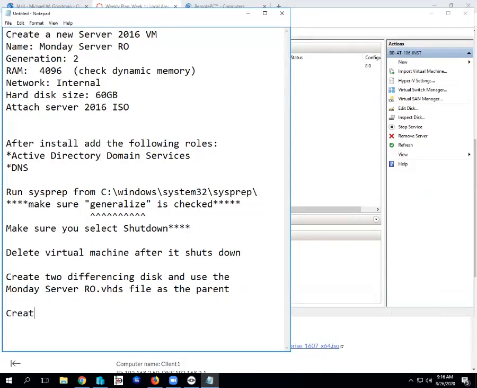Then we create 2 VMs and attach the differencing disk. So we're going to name